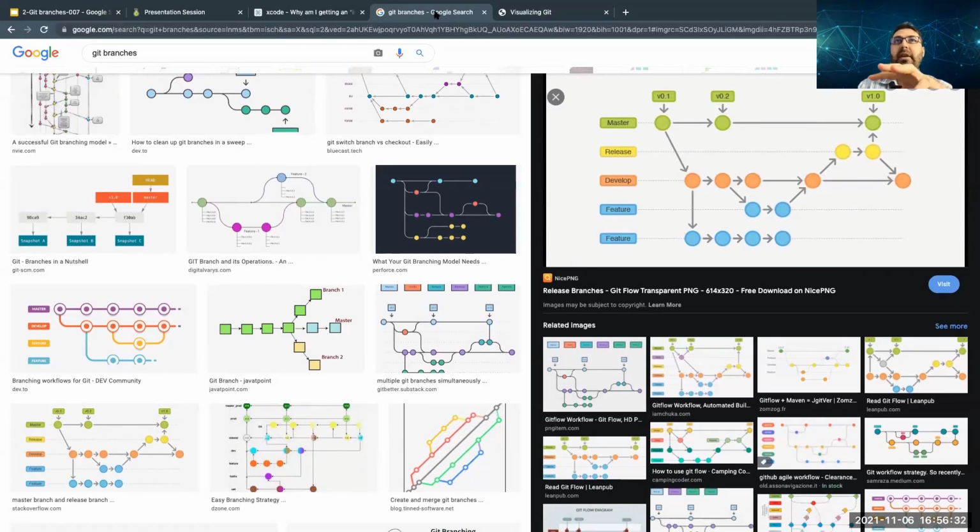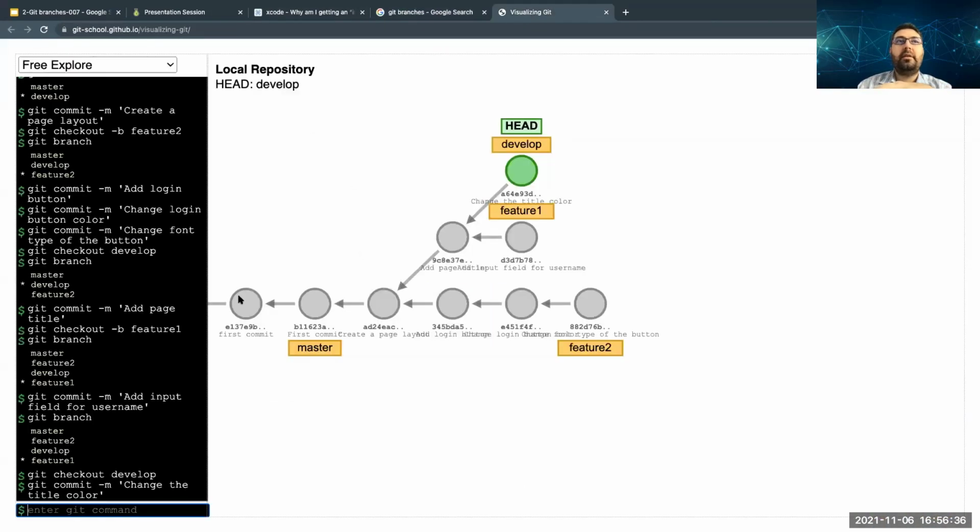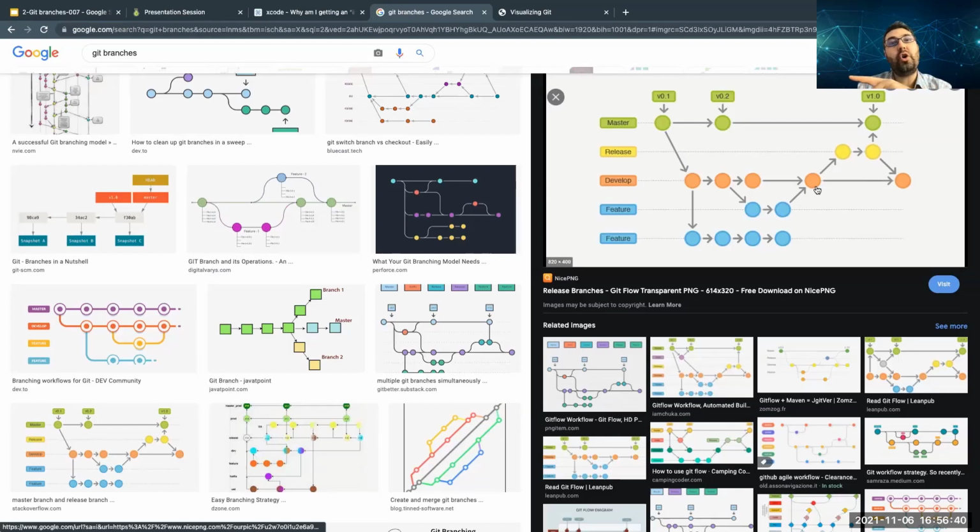The first thing we have to do before we merge is go to the branch that you want to merge onto. In this example, you will merge feature 1 to the develop. So we have to stay on the develop branch before we merge it. Make sure that you are on the develop branch.